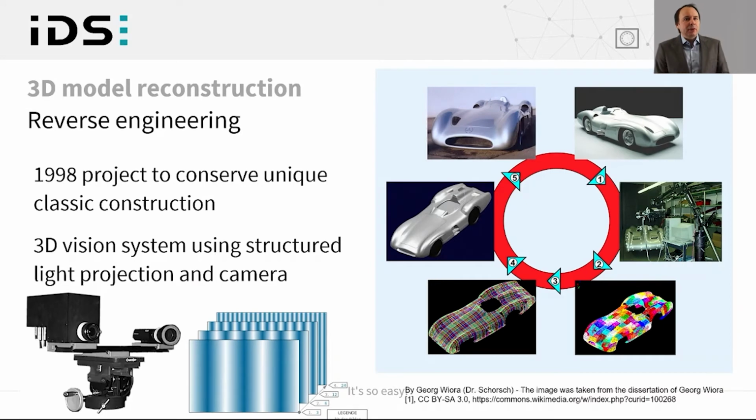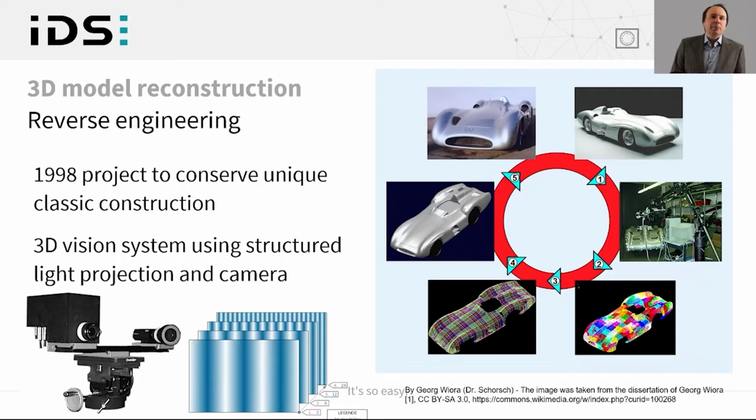Let me move on to another interesting project in the 1990s. In this case, the task was to use 3D vision to create an accurate digital 3D model from a shape. In this case, it was a unique classic car shape. No digital drawing data was available. And here in this work, the full 3D shape of this classic car was actually